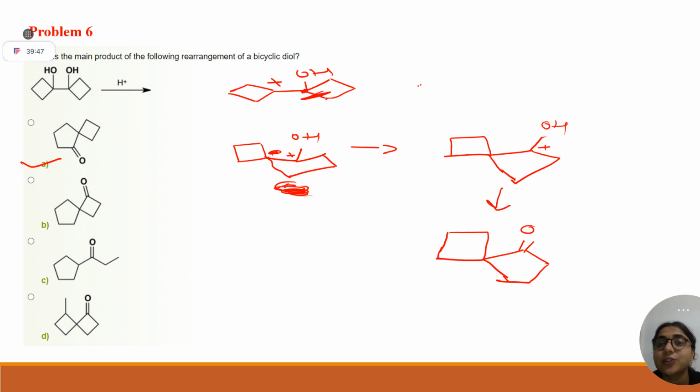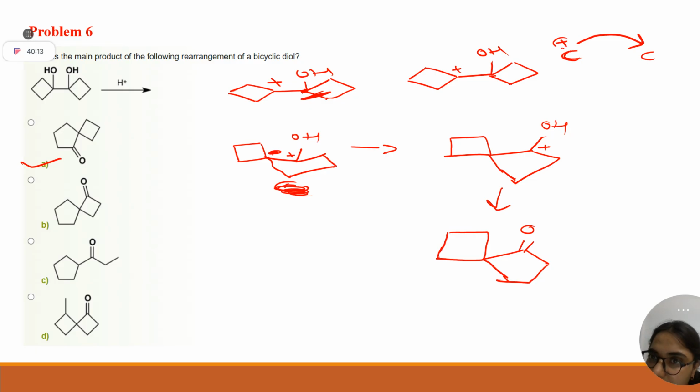Now, let's say you have to write your exams in college. So how will you write this mechanism clearly? H2 you may leave, okay? This is your OH and this is your positive charge. Now, students, if I'm doing like this, this means this carbon will bear positive charge, this will bear negative charge, okay? This is the correct depiction.